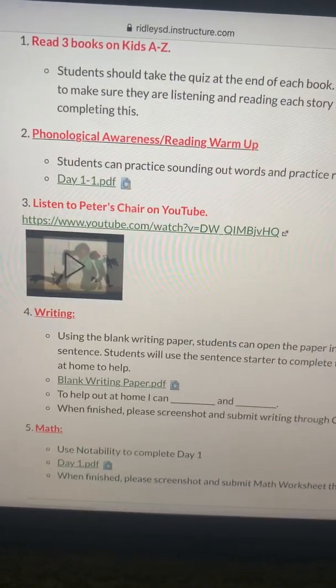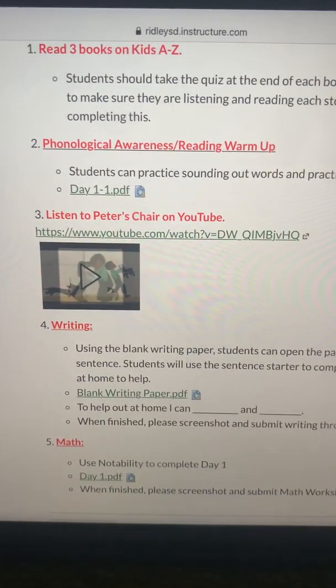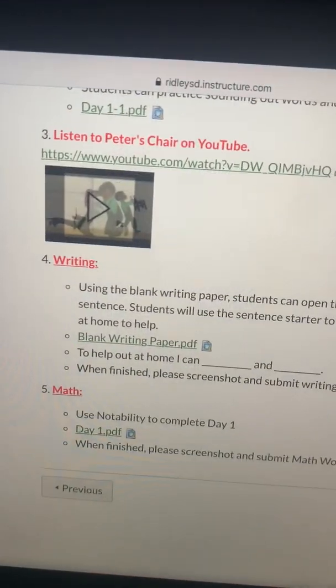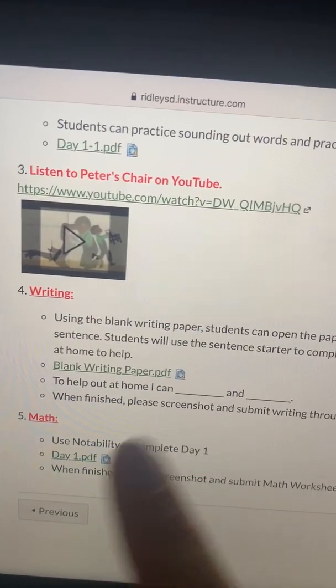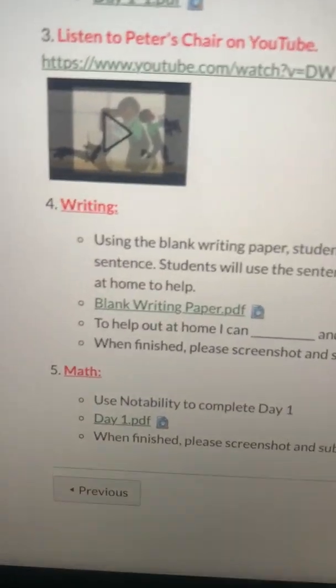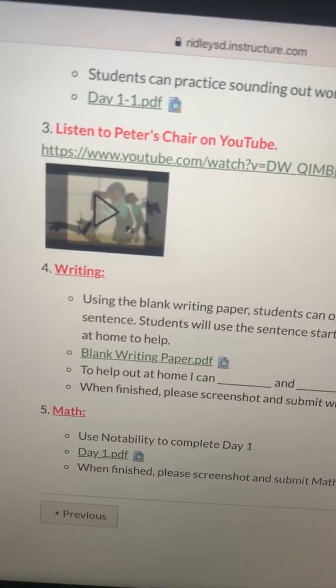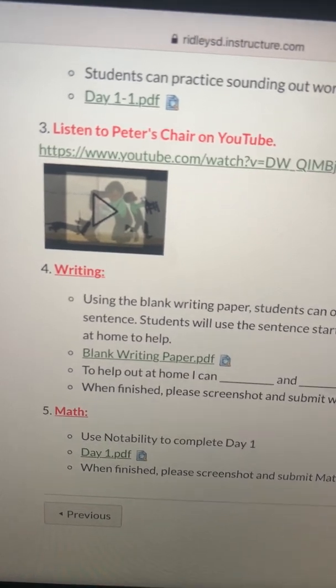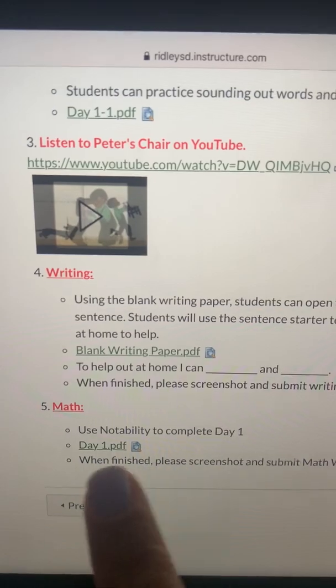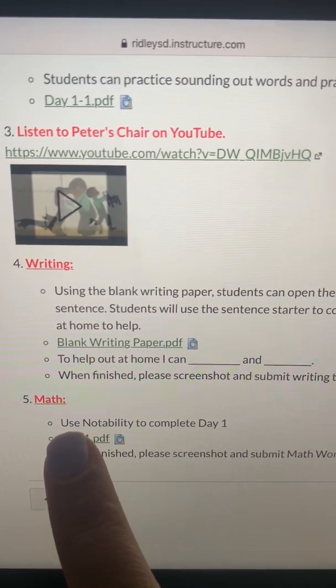So reading on RAZ, there's some reading practice, there is a story for the week that you're going to listen to on YouTube, a writing that goes along with the story, and then a math worksheet. So I'm just going to show you how to do the math worksheet, but they will all be done the same way. So when you click on it, it says use Notability to complete day one. So when you click on day one,